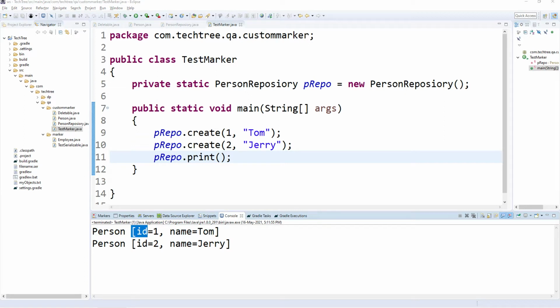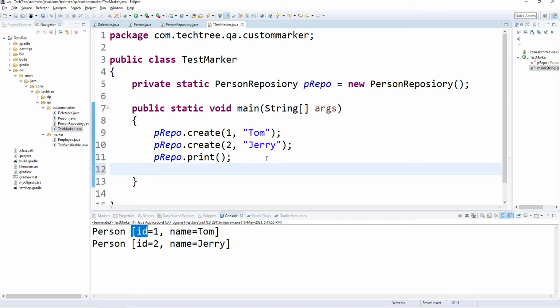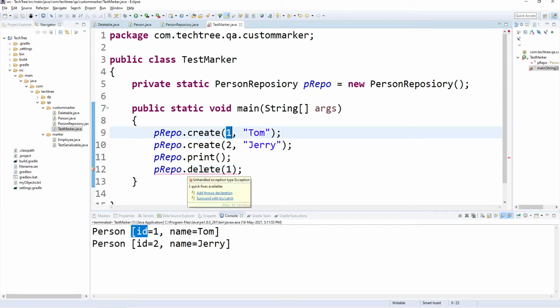Now let's comment out this print and try to delete the object by id. I want to delete the first object.